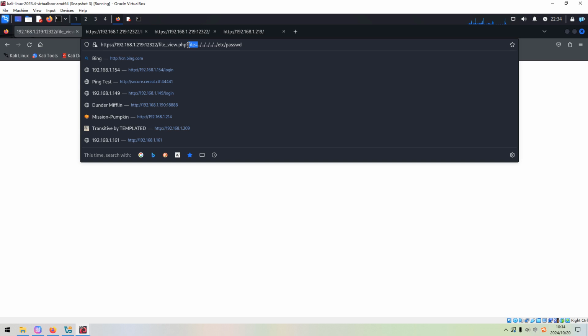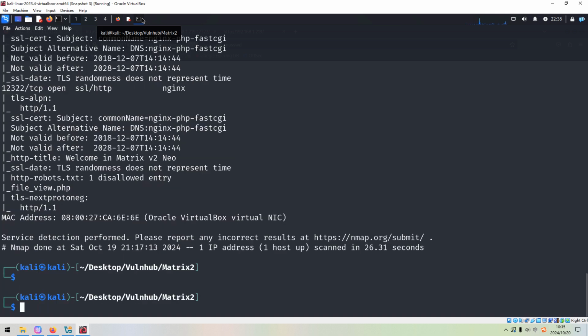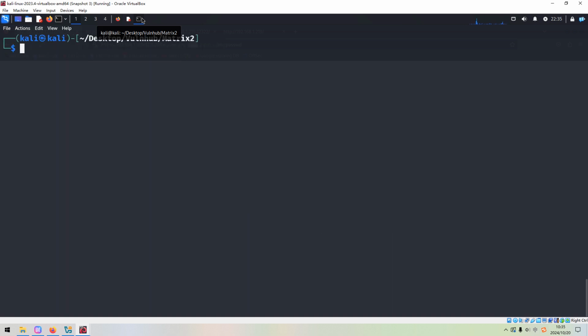I think this must mean something to us, right? However, even though we have already put the file as a parameter, nothing returned. So how about changing the method? At this moment, the request is submitted by the GET method. So how about changing to the POST method? Of course we can use Burp Suite. Alternatively, we can use the command line.